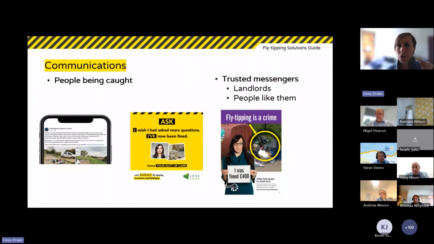So that is the social, and I'm going to just go on to timely and then give you a couple of minutes to think about both of them together. Well, actually, no, I will let you think about this now. So just think, how can you use a social influence to address this behaviour? Who are those social influences that people would trust? How can you demonstrate that people are being caught, that people are watching their behaviour? So in a timely fashion, to keep us to time, and so we have got a chance to answer those questions and open up to the floor, because I think always on these sessions you guys have got lots of insights from things that you've been doing.